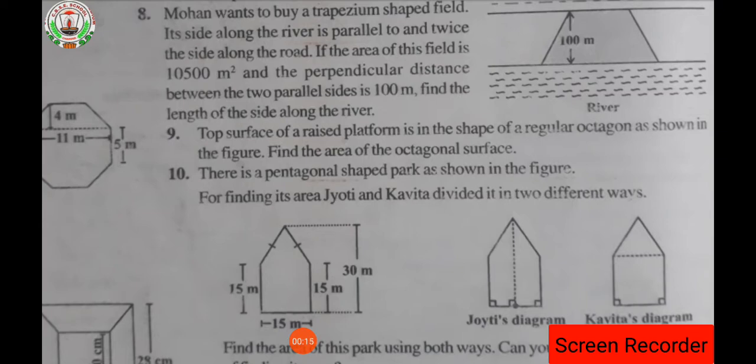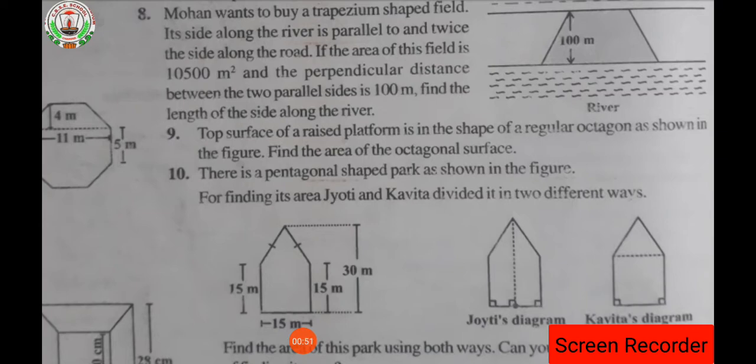So what does question number 7 say? Question number 7 is not on the screen, but you have to see it from the book. Here it is said that the number of tiles is 3000, and the shape of the floor is in the form of a rhombus. The diagonal D1 is 45 and D2 is 30 centimeter. In question 7 you have to find the total cost of polishing the floor if the rate of polishing 1 meter square floor is rupees 45.